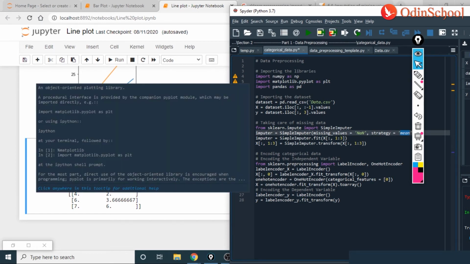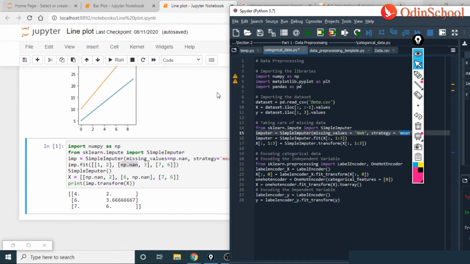NumPy has been imported. Then in my next step, we are using sklearn.impute and import simple imputer. The same step is being done here. Then in my next step, I'm using imp equal to simple imputer, while here we are using imputer is equal to. Not much of a difference, not a difference to really worry about.